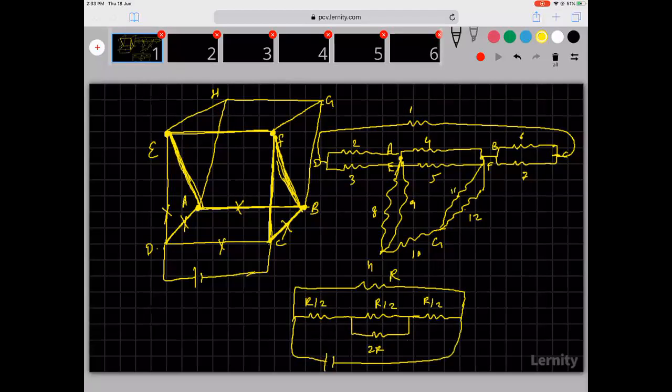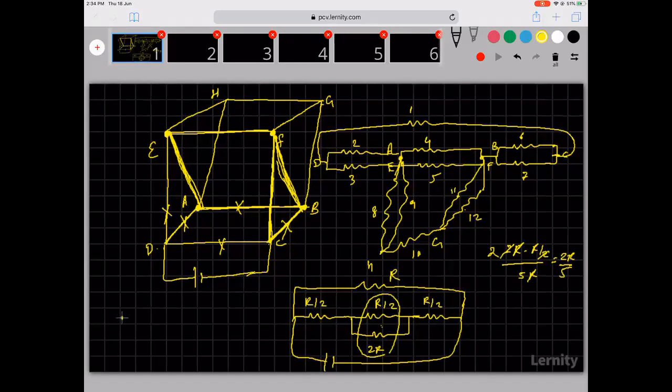And I have the power between them. So this 2R and R by 2 are again in parallel. So 2R and R by 2 will become 2R into R by 2 divided by 5R by 2. So the 2 goes up, this R gets cancelled, 2 gets cancelled. So it is equal to 2R by 5.